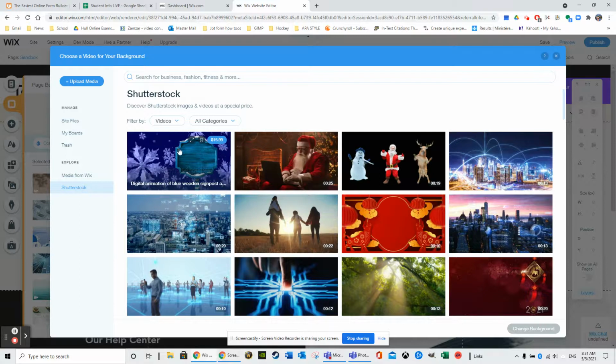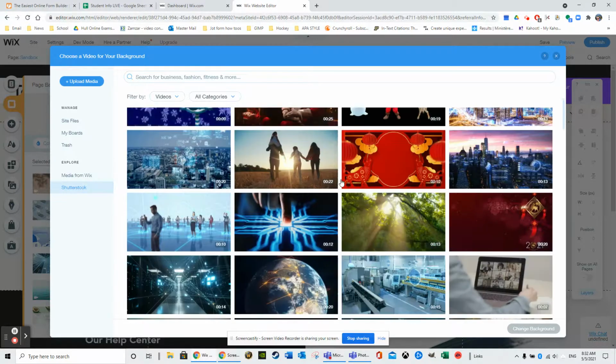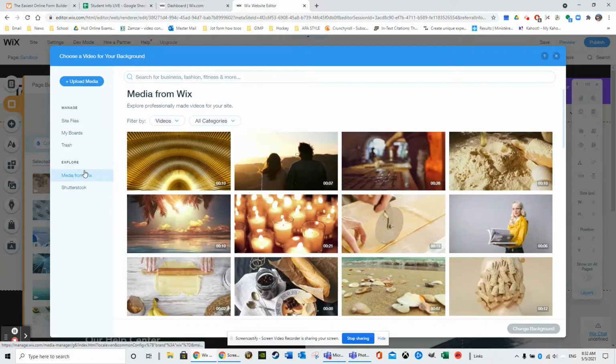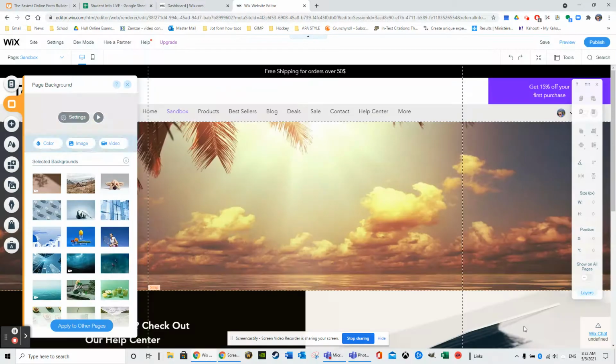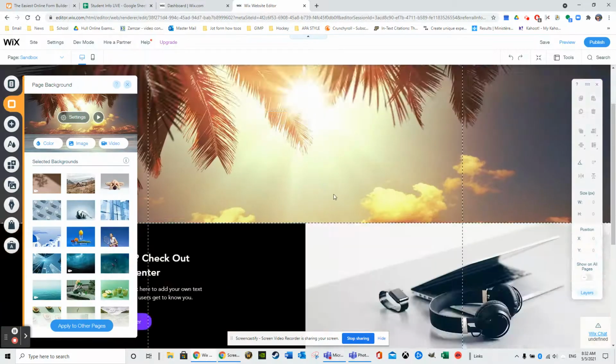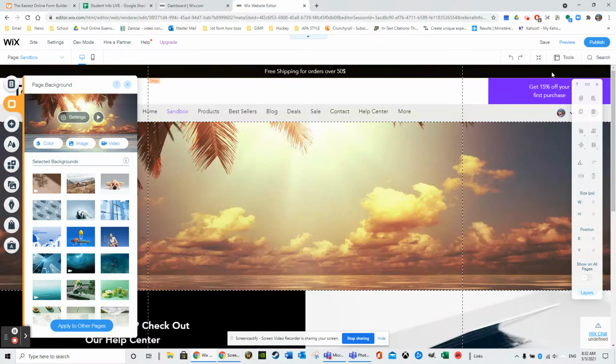This is an interesting one because there's obviously a little text box here, or spot for you to put text. So some of them are very themed, as you can see. These are Shutterstock. Here's some media from Wix. If I click on it, things like this will happen. Now to insert that, I would choose one. I'll just have a look at something. That looks pretty good. We'll choose one and we'll say change background. And now I have the video background behind it. So when I go to preview,